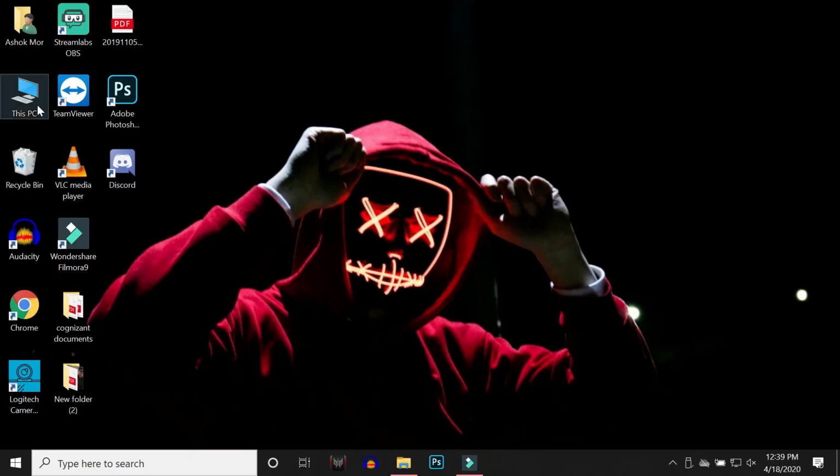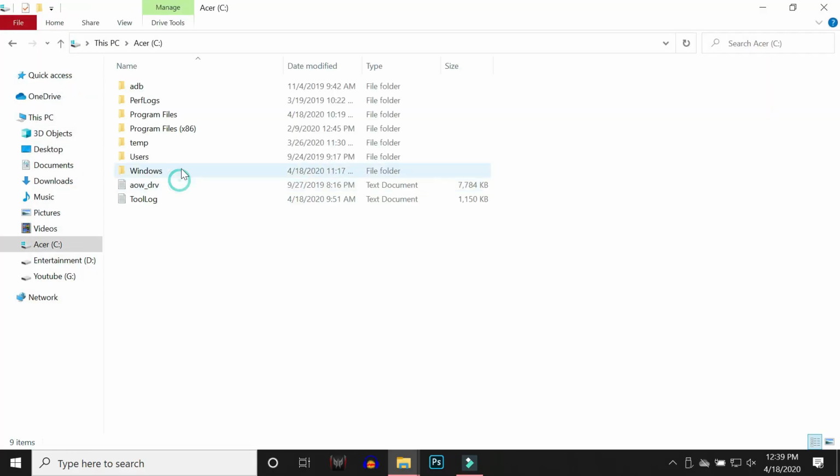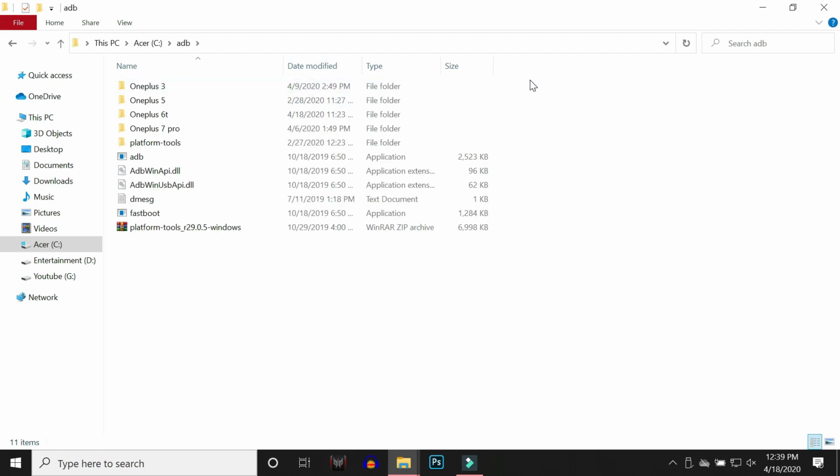After that, you need a few files. So let me show you those files. One will be the ADB setup file. That's an exe file. Link will be given in the description below. You can install it normally. It's an exe file, just follow the on-screen instructions. Once you install ADB, you can find the ADB folder inside your C drive. So here I have subfolders of different devices, wherein today I'll be installing Paranoid Android on my OnePlus 6T.